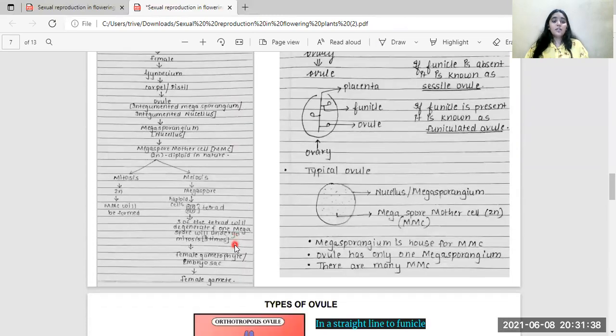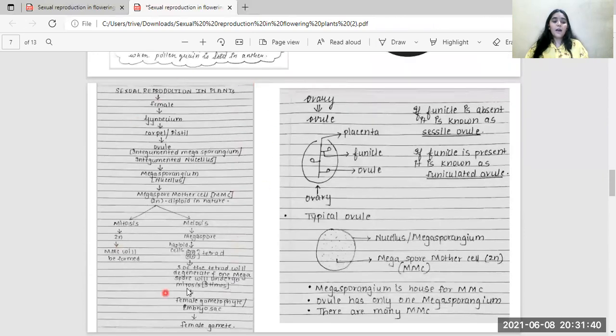Now, let us take a look at the female part and summarize that. The female part consists of the gynoecium, which is the reproductive part of the female. The gynoecium is the reproductive whorl of the flower. Its individual members are the carpel or the pistil. The carpel or the pistil consists of the ovule,